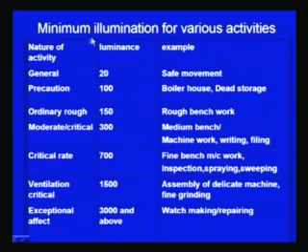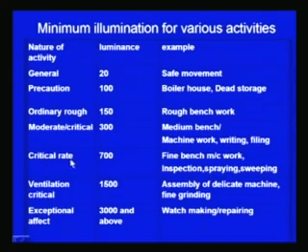Here we will see the minimum level of light required for the different activities. For general light, 20 lux is required, like for safe movement where precaution is involved. 100 units of light are required for places like the boiler house and dead storage, and ordinary rough work like rough bench work needs 150 units. Moderate activities need 300 units of light, for example medium bench work, machine work, writing, filing,